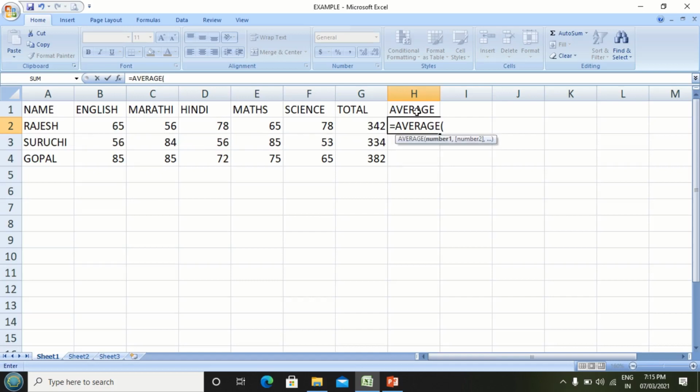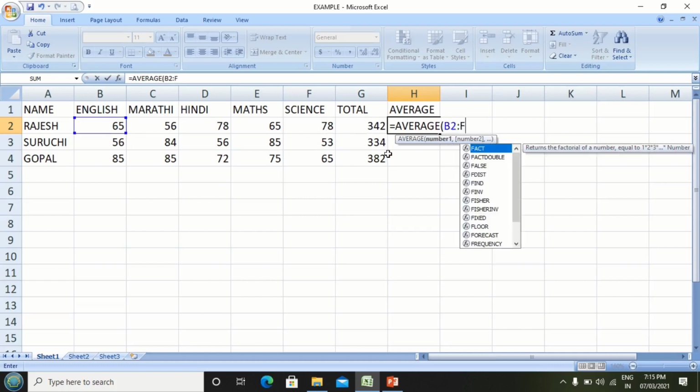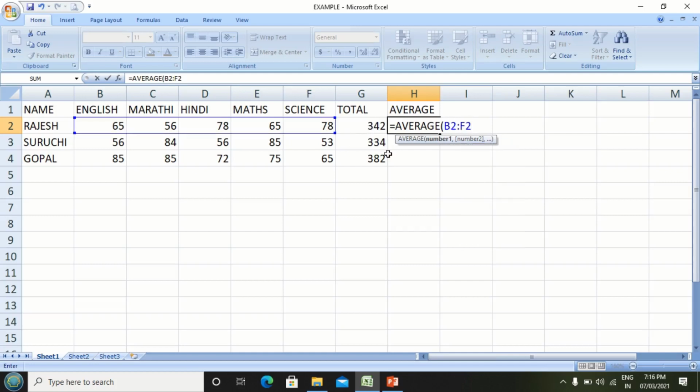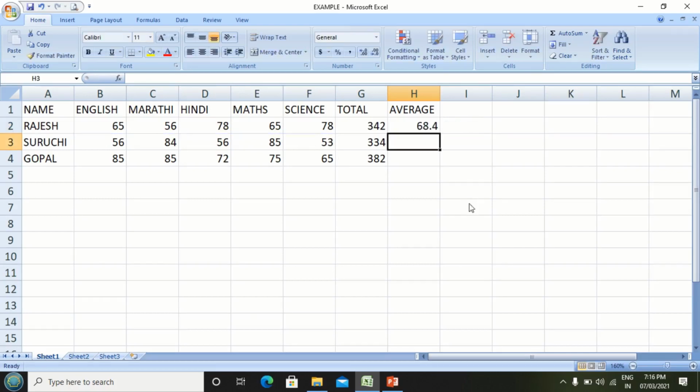In the open bracket, give the cell range. Our cell range is B2 to F2. So type the cell range B2 colon F2. The cell range is marked. You can see the blue rectangle which marks the cell range. Close the bracket and press enter.